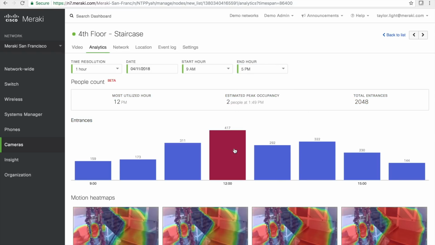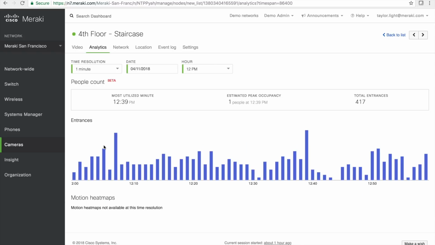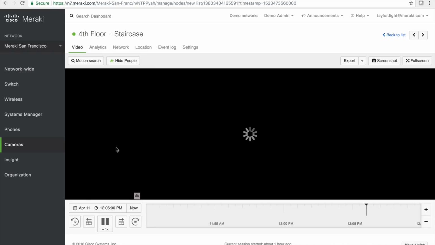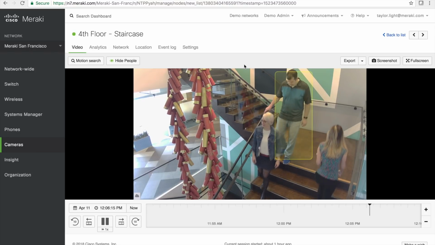So one of the other things that I can do with this is I can actually click directly into this time, and I can then click into, say, one of the tallest bars, and I'm instantly presented with that actual clip from that minute-wise detection of persons within the scene. So what we're seeing now is what the camera saw, right? I'm going to speed this up briefly, and we'll see that as it's going through, it's actually detecting individuals as they're coming upward and downward of a scene.